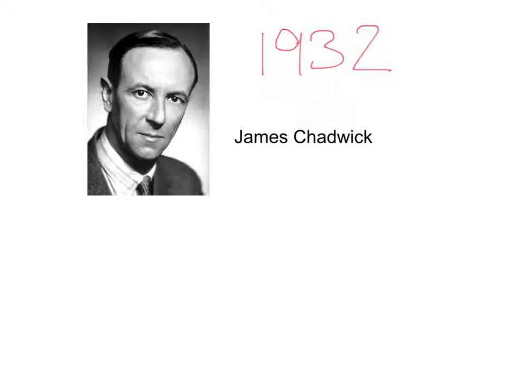In 1932, the English physicist James Chadwick bombarded light elements with high-energy alpha particles. He found that a new type of radiation was emitted, much more penetrating than any that had been detected before. He showed this new type of radiation was made up of uncharged particles. Each particle had approximately the same mass as a proton. These uncharged particles became known as neutrons because they had no charge.